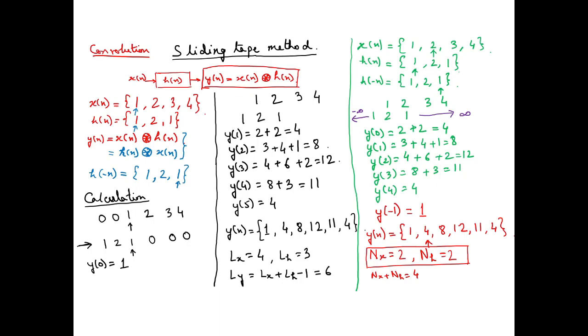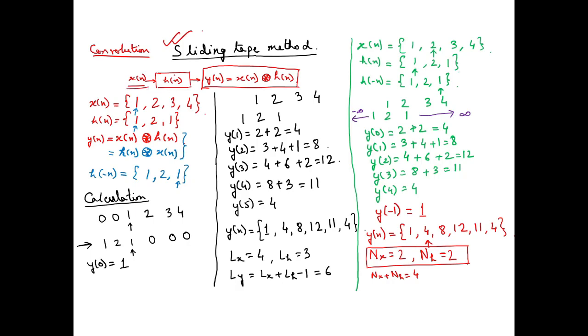Now today we will be looking into the convolution wherein we find the output of the LTI system in the time domain. We don't have to go into the frequency domain to get the output. Okay. So the first method is the sliding tape method. In the sliding tape method, we are given an input signal